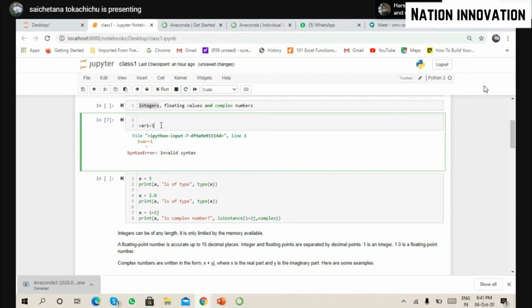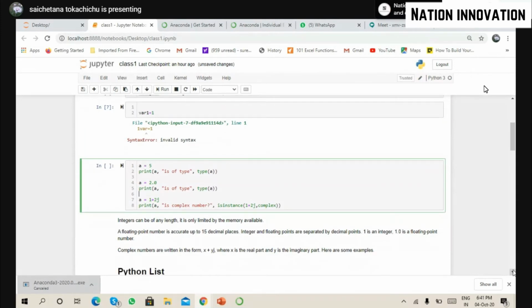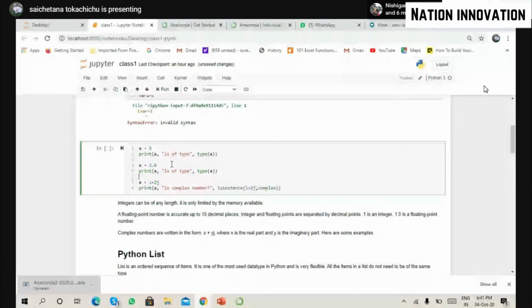So after variable assignment, we are seeing the numbers. If you want to know the type of a variable, what kind of data it has inside it, we have type. If you call the type function, you will get the data type of a particular variable. So over here, I have assigned a is equal to 5. And I'm saying print a, whatever its value is.